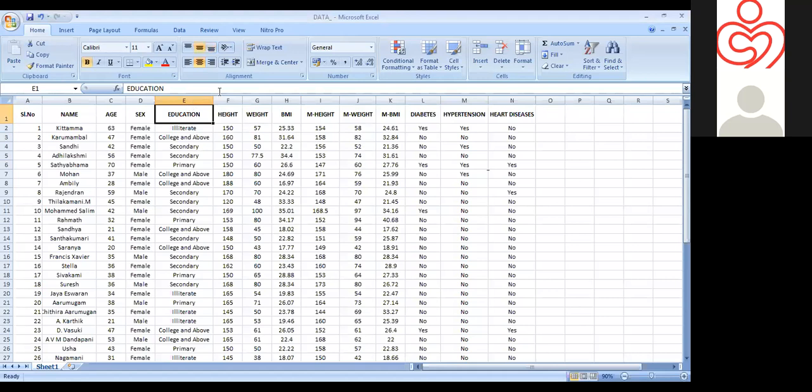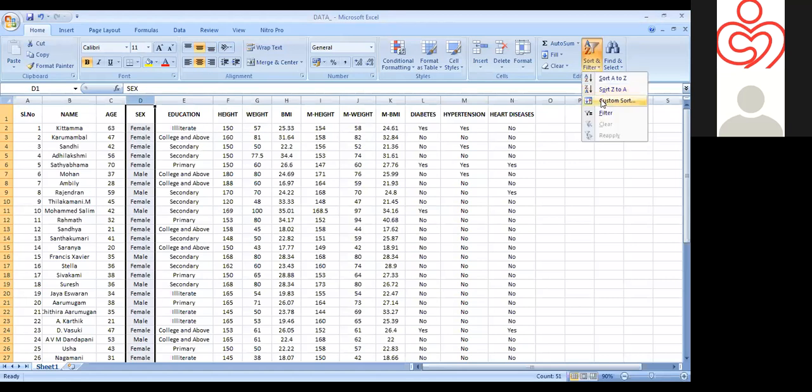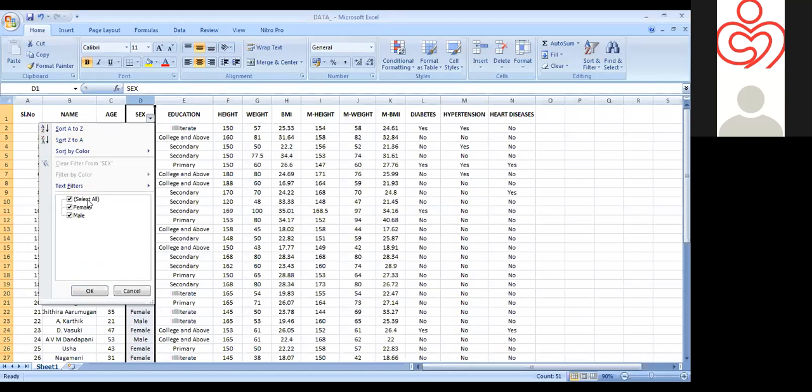Here, if we want to sort the data, we need to select that particular cell. And here we have the option sort and filter. For that filter, we can choose the drop down box, and we can see what all categories are there in that particular cell. What are the responses? We may have different types of respondents. And if we want to do some coding or recoding here itself, we can do that.